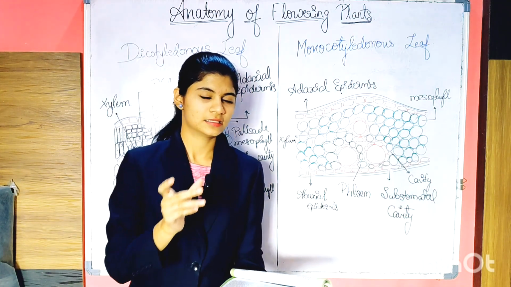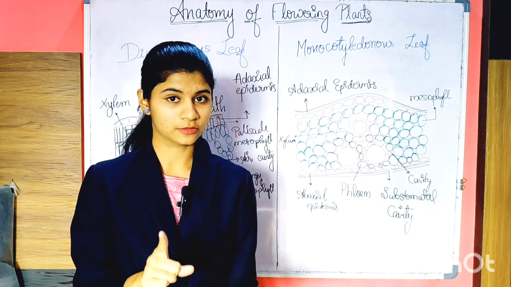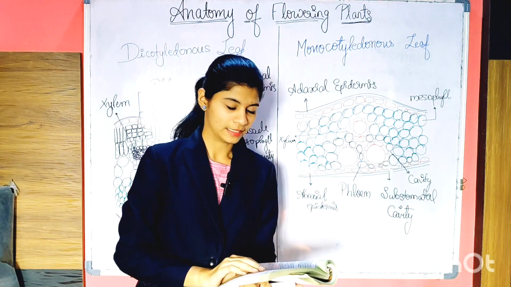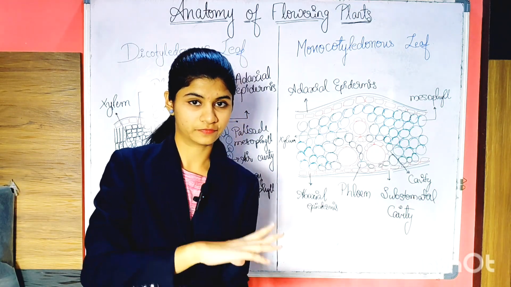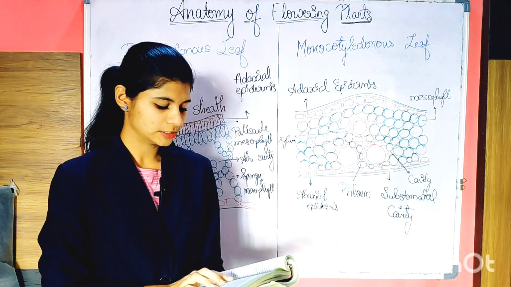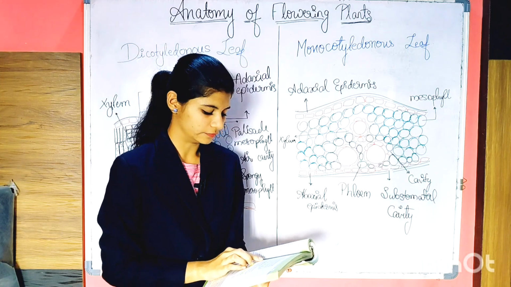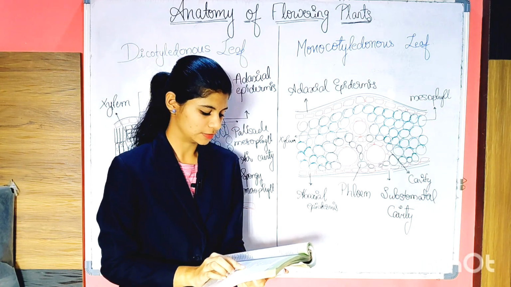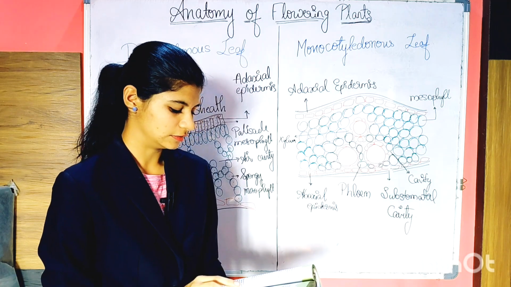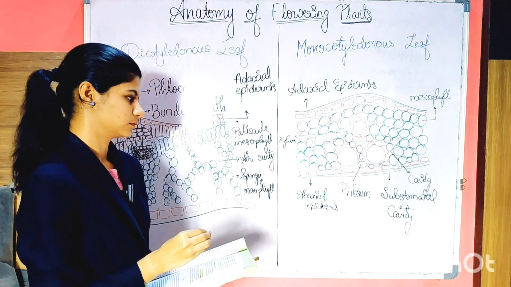As I said, a little bit of variation is there between the monocotyledon and dicotyledonous leaf. Not a totally huge difference, just little. Some of the names will be different or the functions are different. It shows the following characteristic differences. In an isobilateral leaf, the stomata are present on both sides of the epidermis. Now, in this isobilateral leaf, the stomata are playing a huge